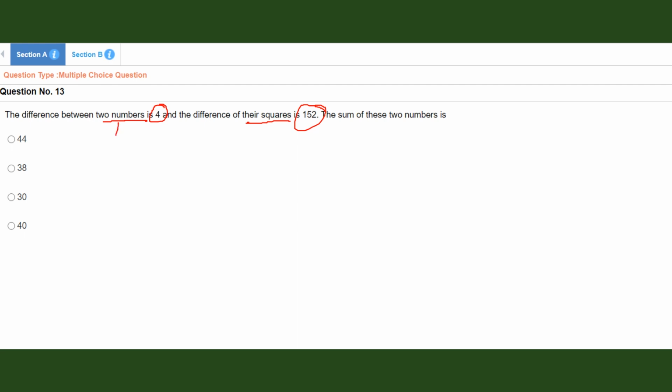Now let us just consider these two numbers to be x and y, and from equation 1 we can write that the difference between them, x minus y, is 4, and it is saying that the difference of the squares is 152. We can write that as x square minus y square is equal to 152. Now